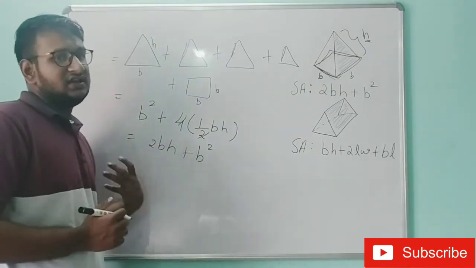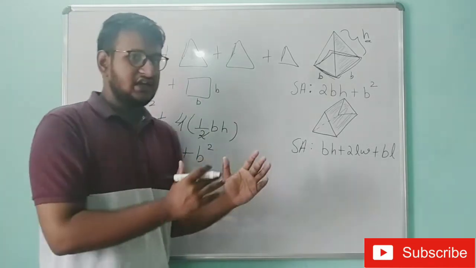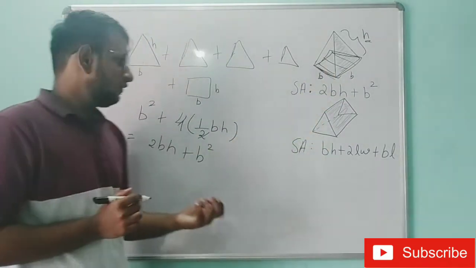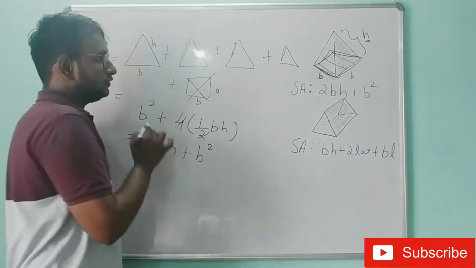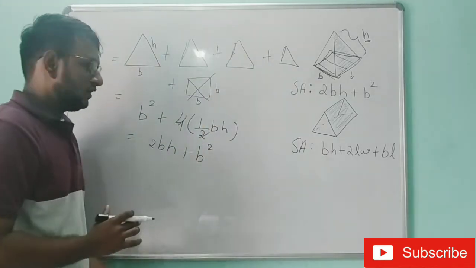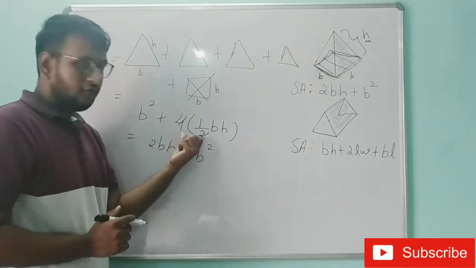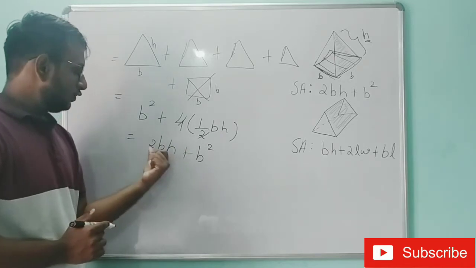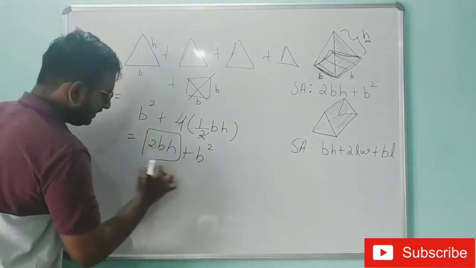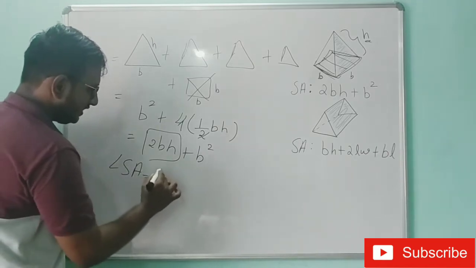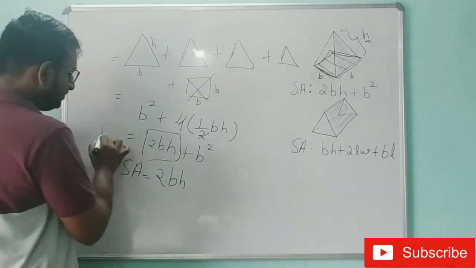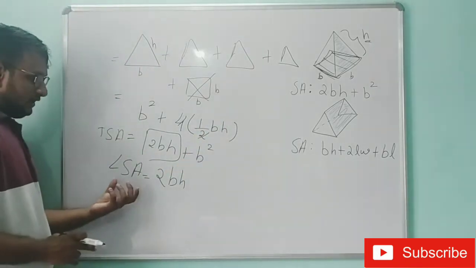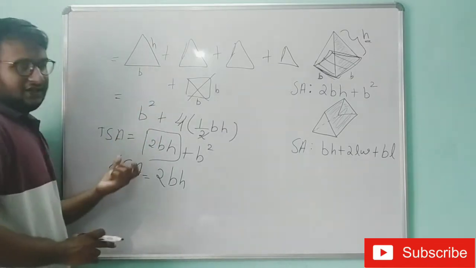Then what is the lateral surface area which we discussed yesterday? This is nothing but the surface area without the base. So we have to remove the base. Okay, so if we remove the base, what will we be having? We will not have this part. So what will we be having? The remaining 4 triangles. Okay, so the area of remaining 4 triangles will be 4 of half b into h. So 2 divided by 4, we will get 2bh. This part alone will be the LSA, that is lateral surface area will be 2bh. So the total surface area will be 2bh plus b square. This is how we derive the formula of LSA of pyramid and TSA of pyramid.